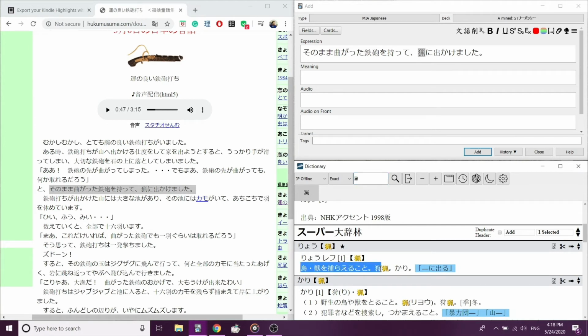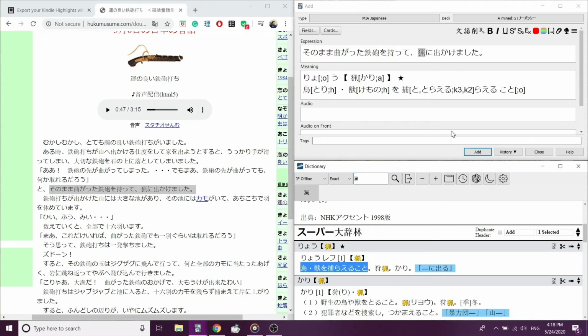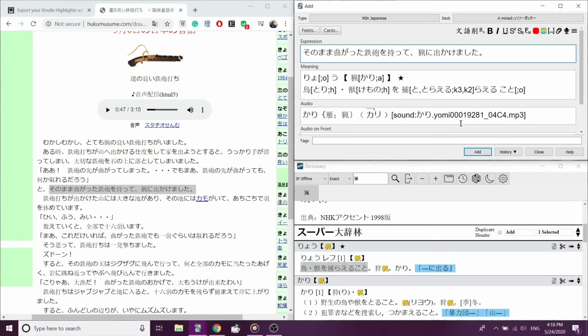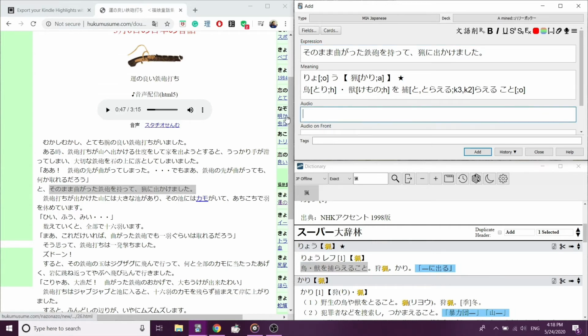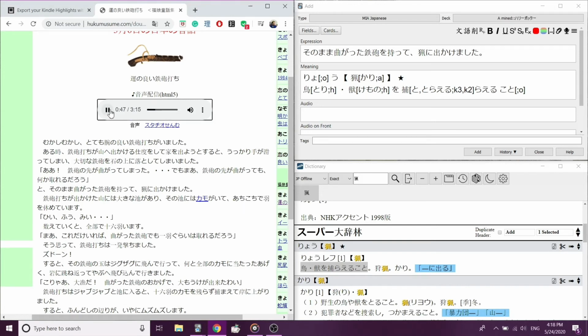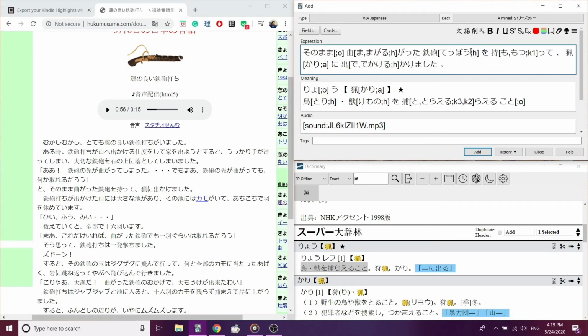Okay, this one makes sense. And I'll just add that in. Obviously, we can do the same as normal. We can add in the sound. In this case, it's not come up with the right one, but luckily over here we actually have the native audio reading it. と、そのまま曲がった鉄砲を持って漁に出かけました。So we can drop that in here. そのまま曲がった鉄砲を持って漁に出かけました。